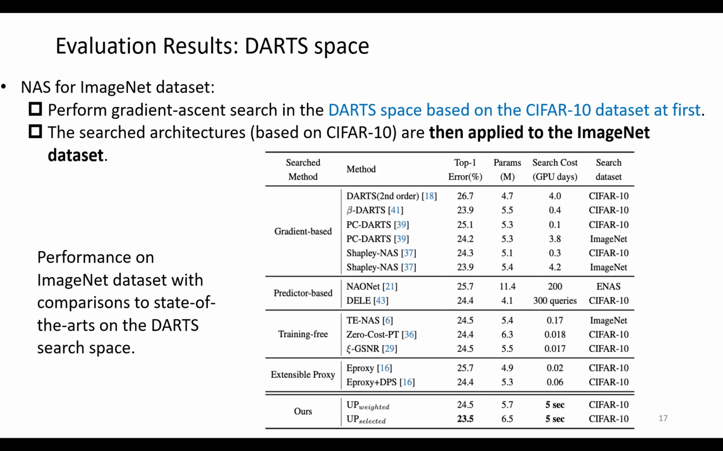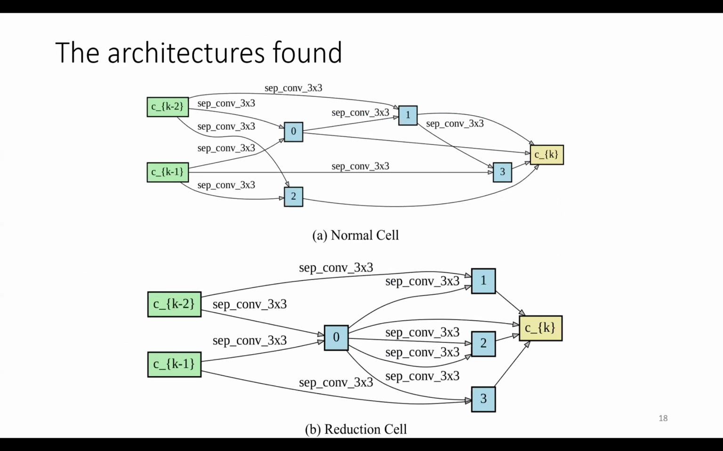And the performance on the ImageNet set is here, and in fact, it achieves very good results on the Dart search space for ImageNet. Here are our results on ImageNet. And the search time is also very short. And that's the architecture we found for the Dart search space, because in such a space, there are